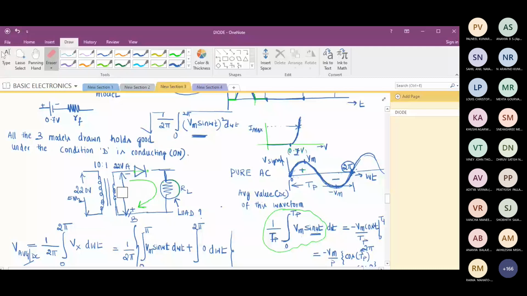Like this, do we get during negative half cycle below the reference value? Am I correct? Yes, sir. So can I erase this diode, which shows that the diode is reverse biased? Ideal diode, I take it as infinite resistance. Under reverse bias condition, it is offering infinite resistance. Is this fine? Yes, sir.